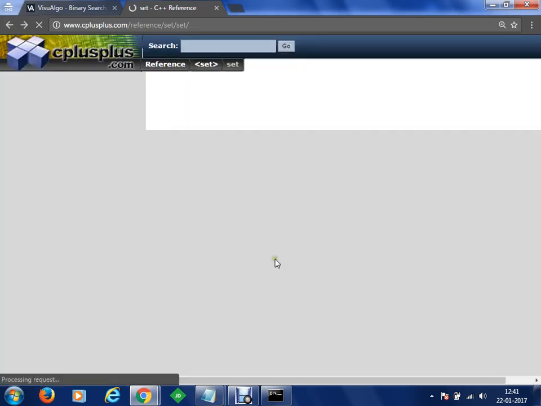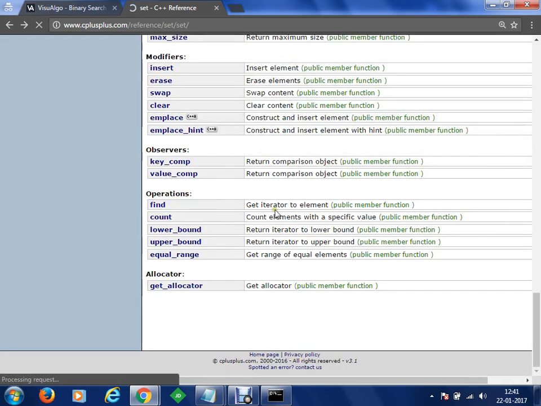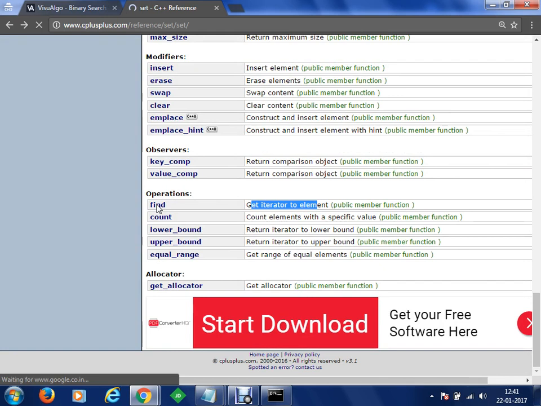So in the same way, we have multiple values here. Begin हो गए. Then you can get an iterator to find the element as well. Okay. So let's say if you go to the find here, आप count कर सकते हो. You have lower bound and upper bound as well. Okay. You can get the current element and the next element.